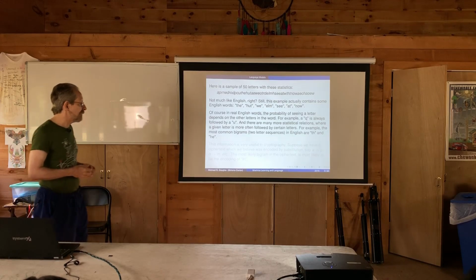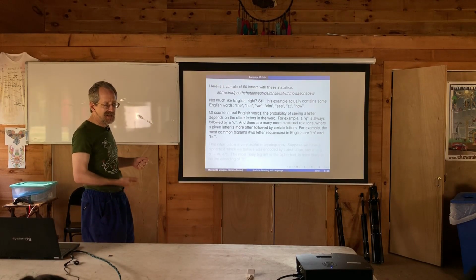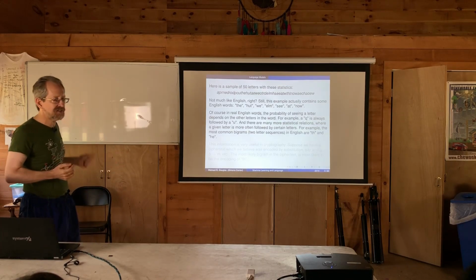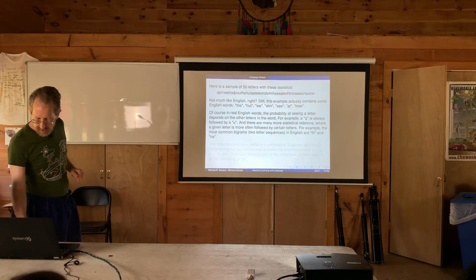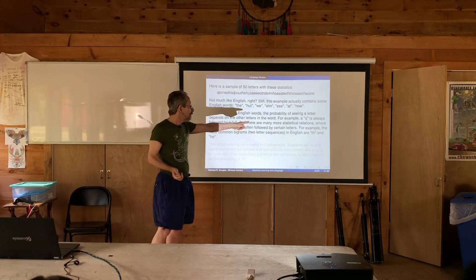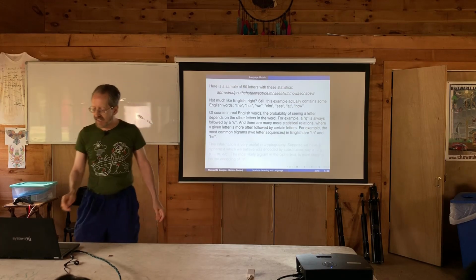You can say that this letter usually goes along with that letter, and then of course you can quantify that and say, well, what fraction of the time does this letter follow that letter? Okay, so people, of course, tabulate all these things. And the most common two-letter sequence in English is TH.